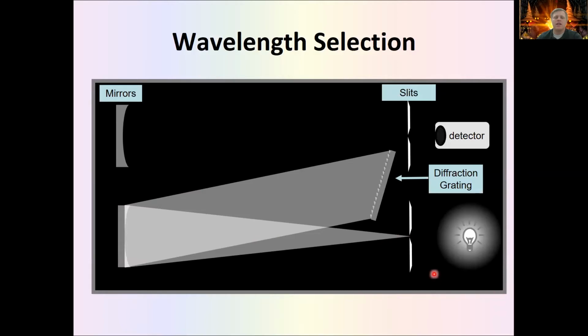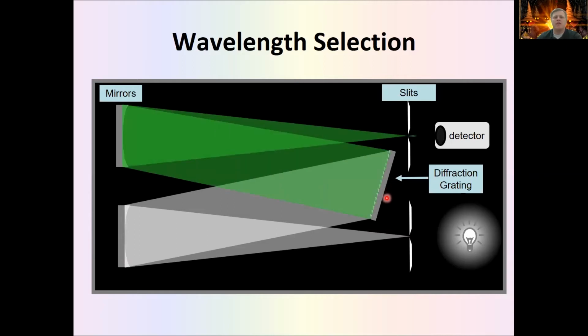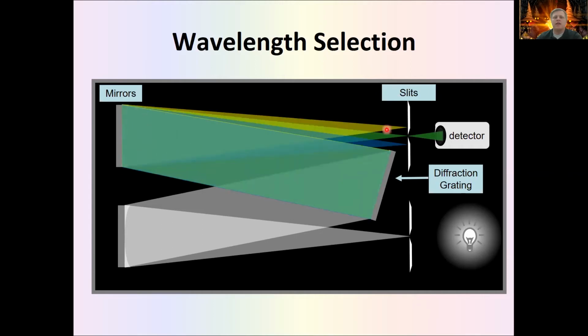So we don't want light traveling in at weird angles. So really, this is usually kept in a little tunnel. The light comes and hits that slit. Then it comes back and hits a mirror. This mirror focuses all the light onto a diffraction grating. And that diffraction grating will spread out the light so that different wavelengths of light come out at different angles. And that diffraction grating will then send the light to a mirror that hits another slit, which